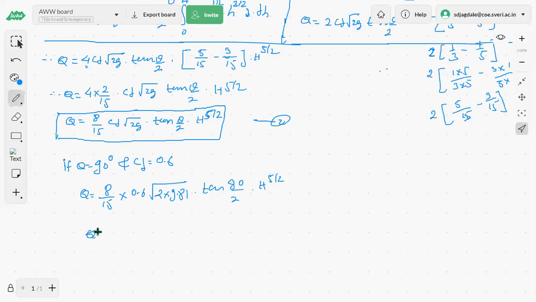So what is the net value you are getting for Q? This 8 by 15 into 0.6 into root of 2 into 9.81. How much is it now? 1.418. So 1.418 into h raised to 5 by 2. This is the simplified equation for the discharge passing through the triangular weir or a triangular notch. Okay, so in this case the